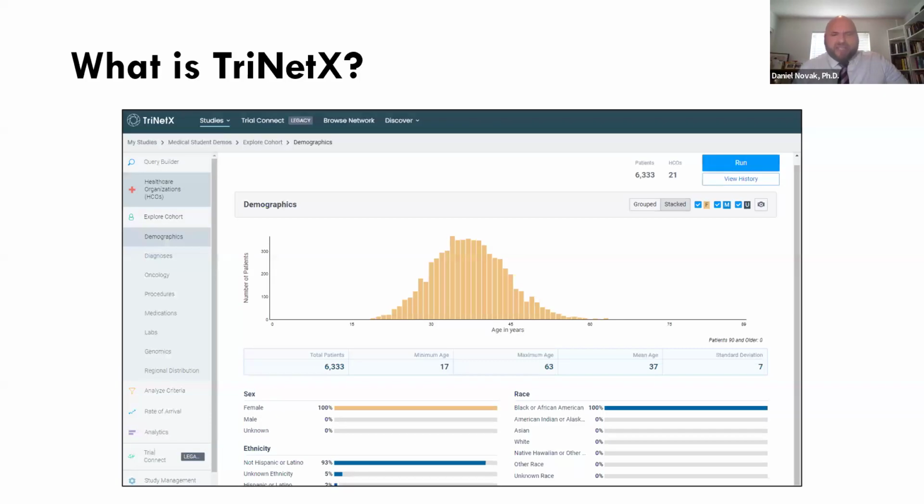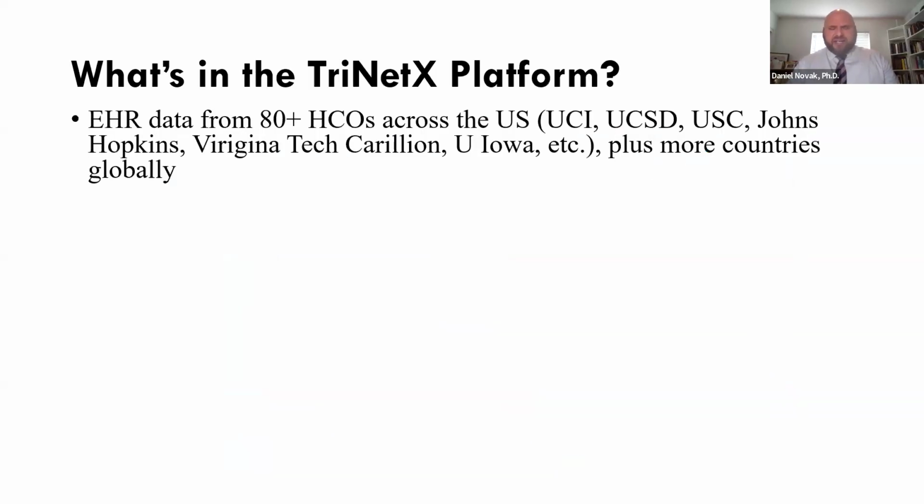But let's talk about health informatics. So what is TriNetX? For those of you who are new to this, what is it? Where did it come from? Why should we care? Well, TriNetX is actually a clinical informatics platform that was developed to facilitate clinical trials at multiple sites. So let's imagine you're Pfizer and you're developing a new drug and you want to test it, but